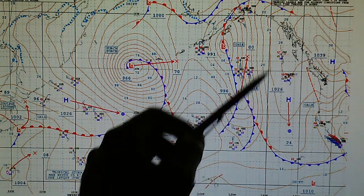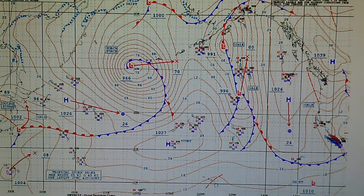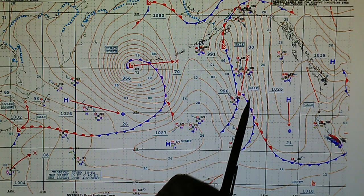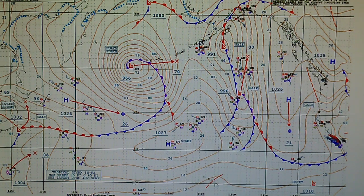So we've got a very long area of high pressure through here, and that will stop the inbound movement of this gale. This is actually now a gale. This was a storm a couple of days ago. All right, let's take a look at